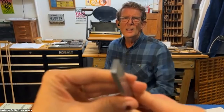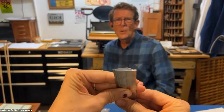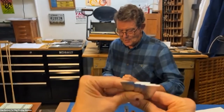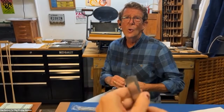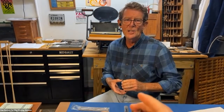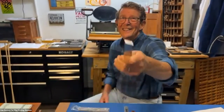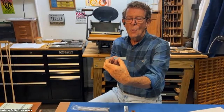This is cut with a metal saw, a special saw that's used in letterpress design. So these are perfect in length. They're all the same. There are no rough edges, no burrs, no nothing. And I like that. I could use this 4-inch, and even if I only have a 1-inch,